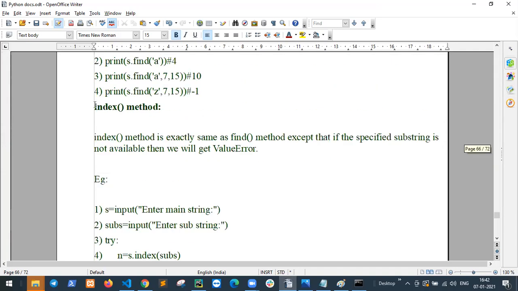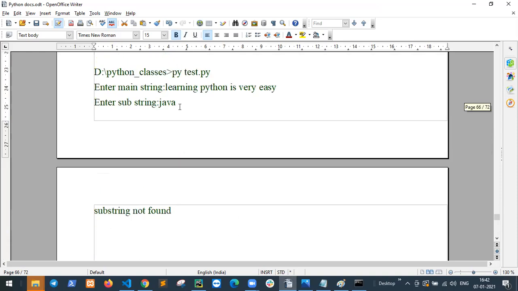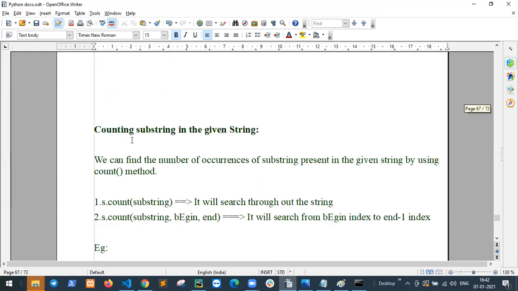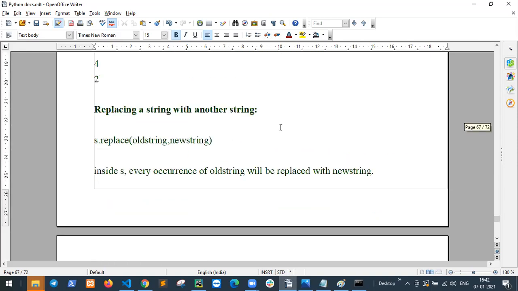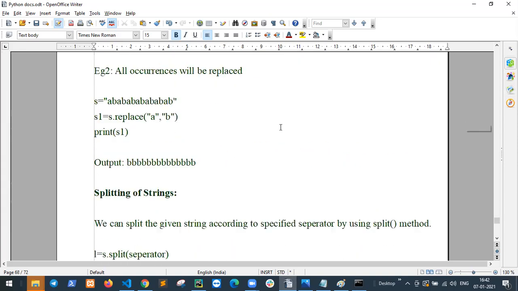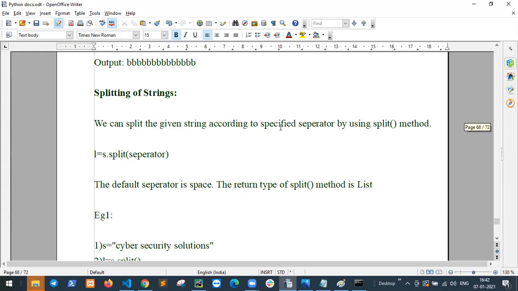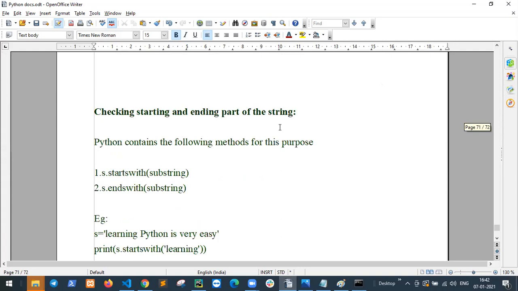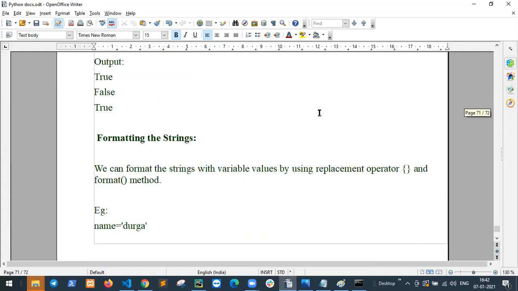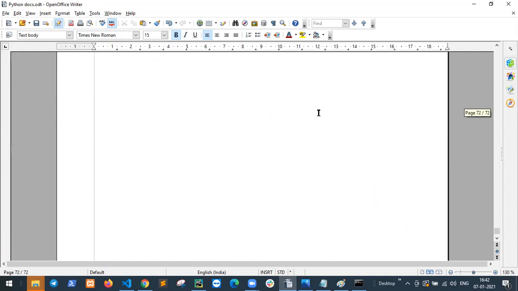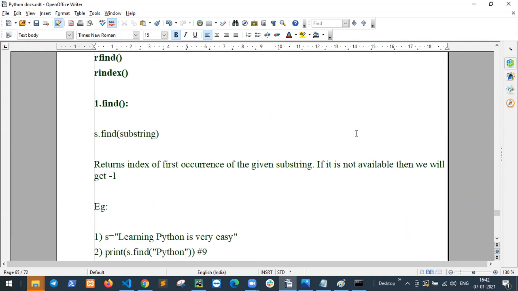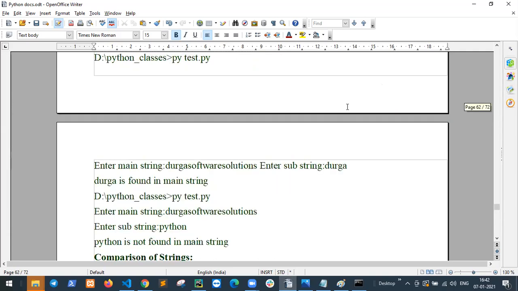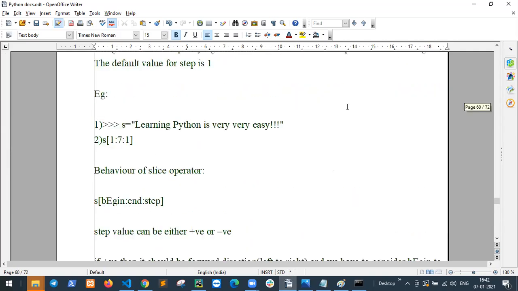Many more examples, index method, checking for a substring in the given string, replacing a string with another string, splitting of string, many functions, checking starting and ending part of the string, formatting the string. So this is string. We will continue tomorrow, same time, 3 to 5.